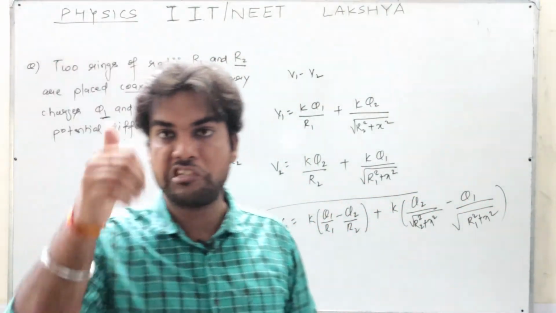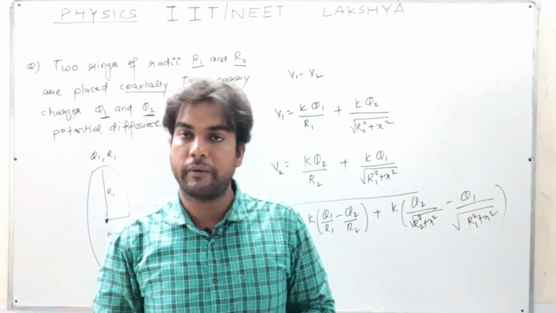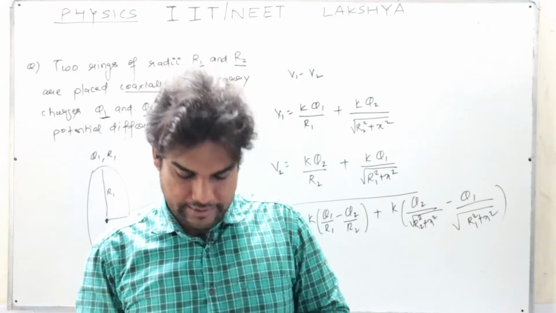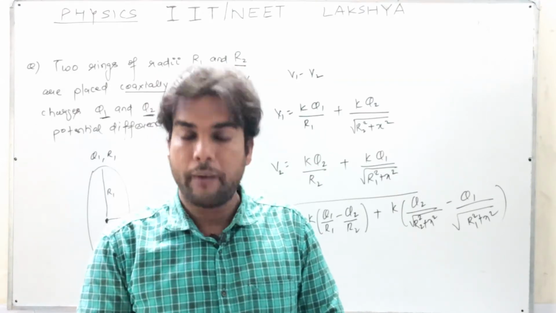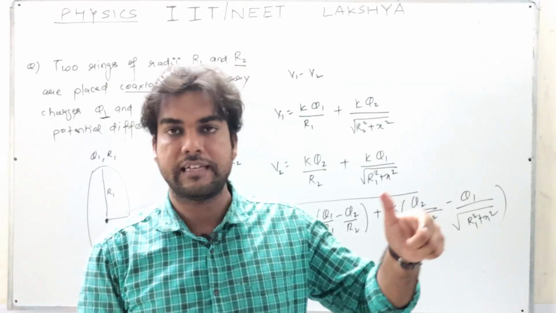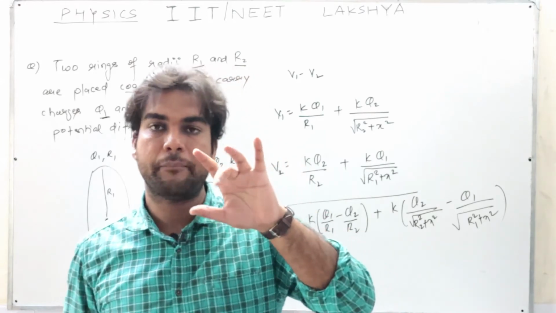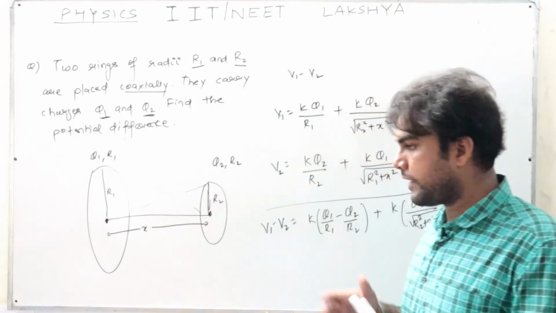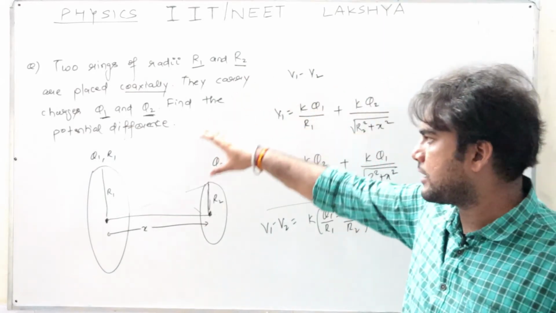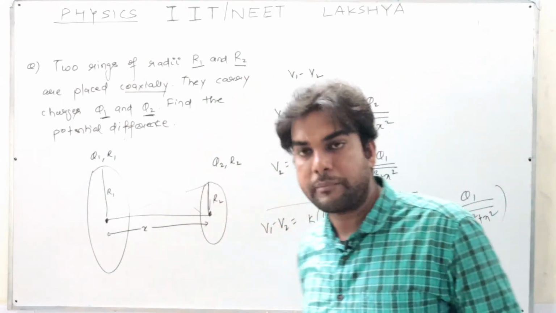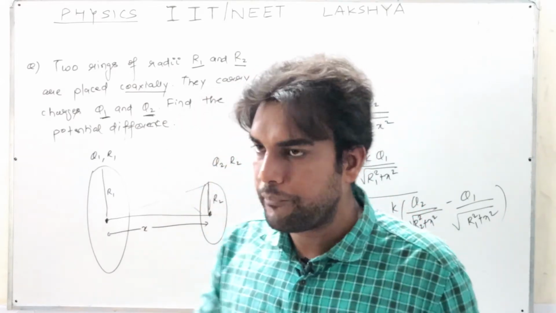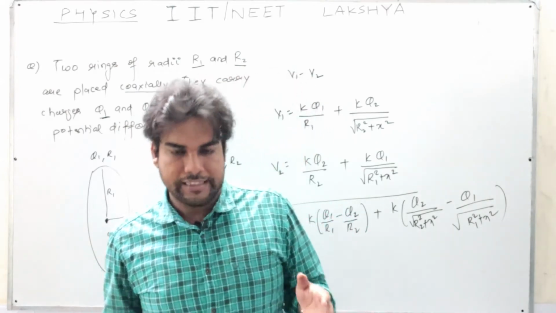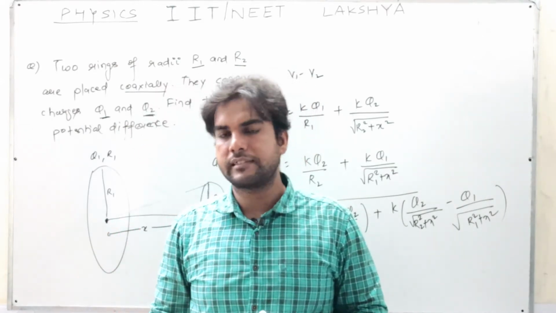Potential due to a point charge is kq by r or kq by x. Potential due to a uniformly charged ring on its axis is kq upon under root r square plus x square at a distance x. And potential at the center of the ring becomes kq by r, if r is the radius. So that is the concept here. I hope the ring concept is also clear to you. Why are we simply adding them? Because potential is a scalar quantity. So that is as far as this concept of potential due to a ring is concerned.